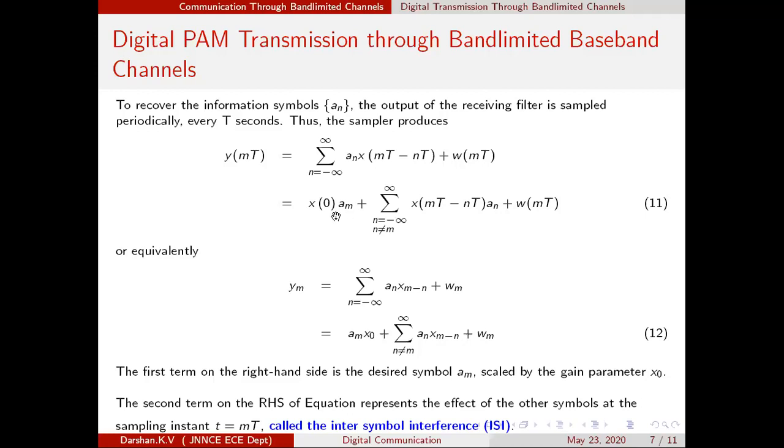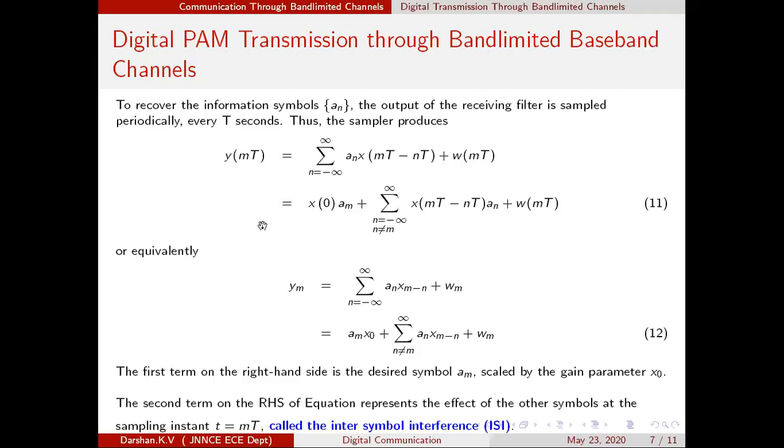So by this you came to know, in this summation we removed one term, that is the term with n equal to m. If you make n equal to m, within the bracket you are going to get 0. You substitute n equal to m, so you get this term. The remaining summation terms would be written as they are.